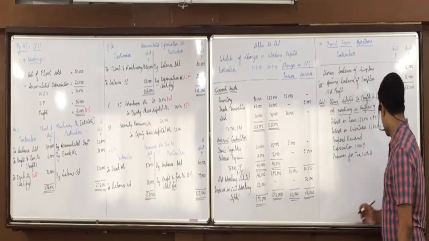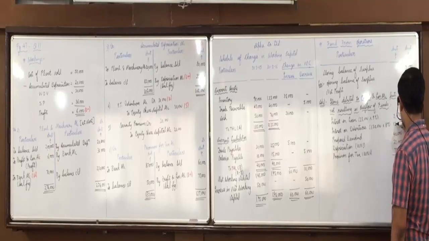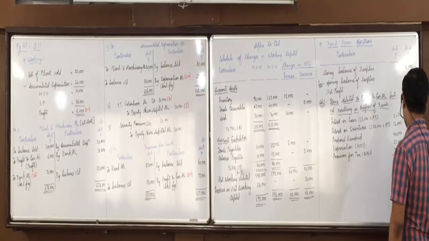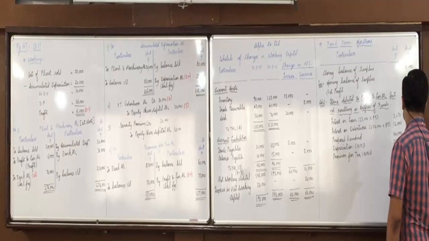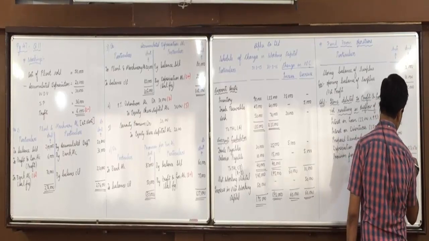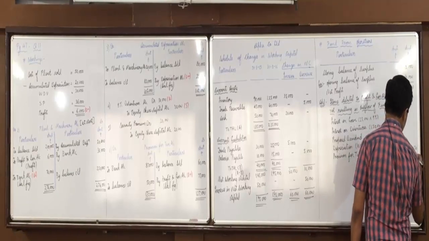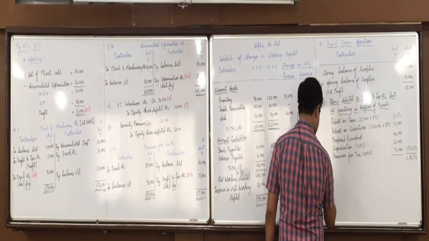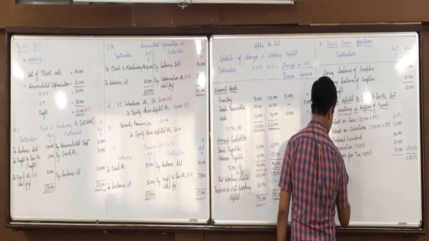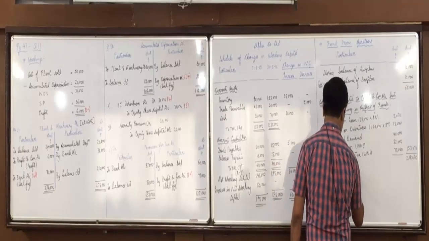Did you understand this? So all O plus items are taken: 12, 14, 54, 76, 1,53,070. If we add that, then 2,18,070. Then we have to minus items credited to profit and loss account